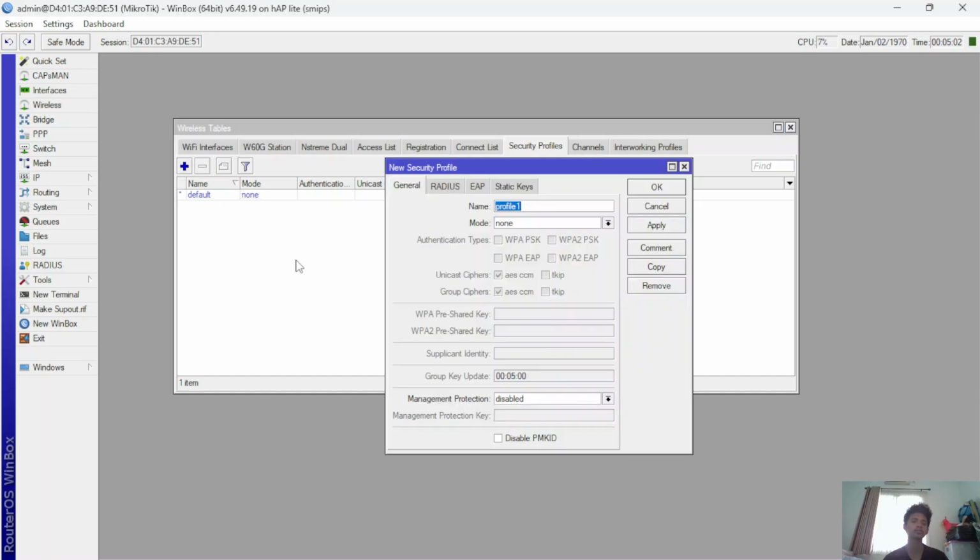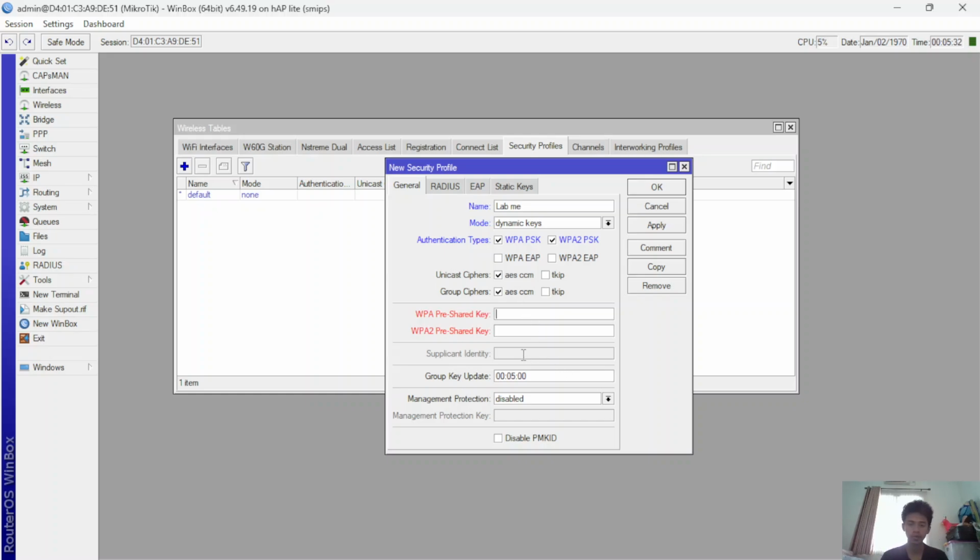You create the security profile for the hotspot. Okay, I want the name to be lab me. The mode is dynamic keys. You can checklist this and this. The password is the password of your Wi-Fi, your access point, or your hotspot.